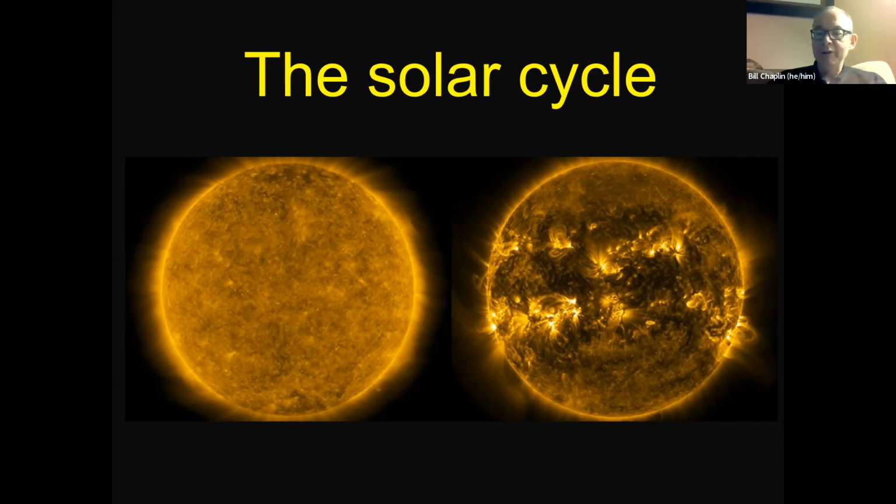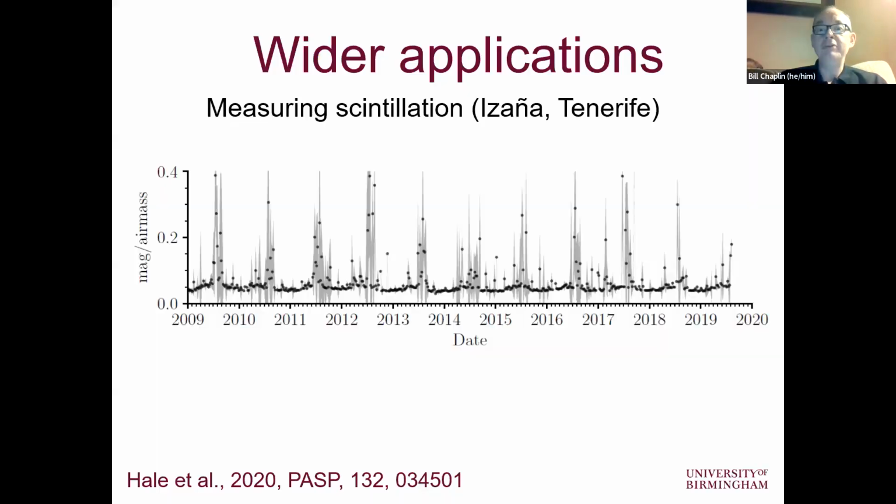I just wanted to mention very briefly, before I come to that, a few other applications of our data. Not only can we learn about the internal structure of a star, its rotation, and also activity, from our BiSON data we get some other interesting applications. Because at each of our observatories, one of the data products we get is a measure of the intensity of the sun, averaged over the disk of the sun over the course of the day. And our usable data we get from days where we don't have substantial cloud.